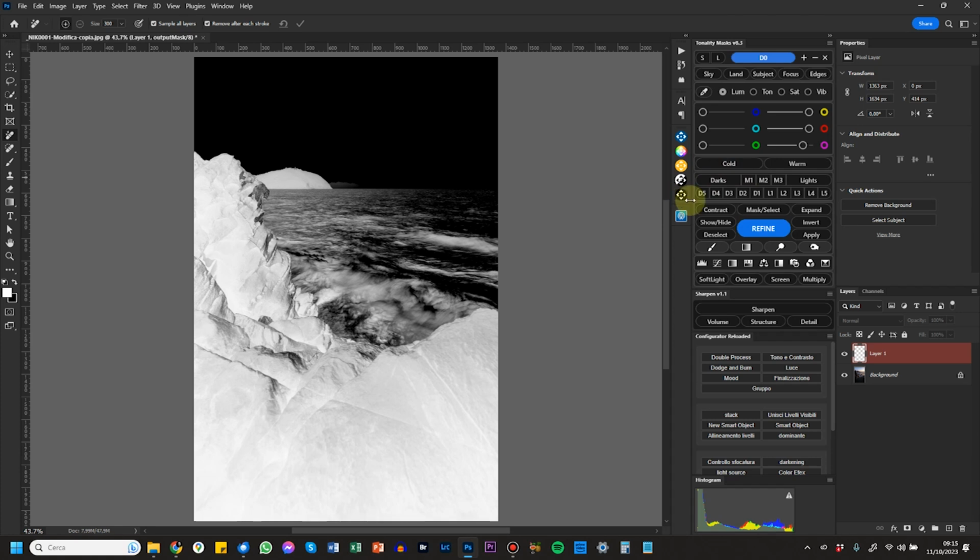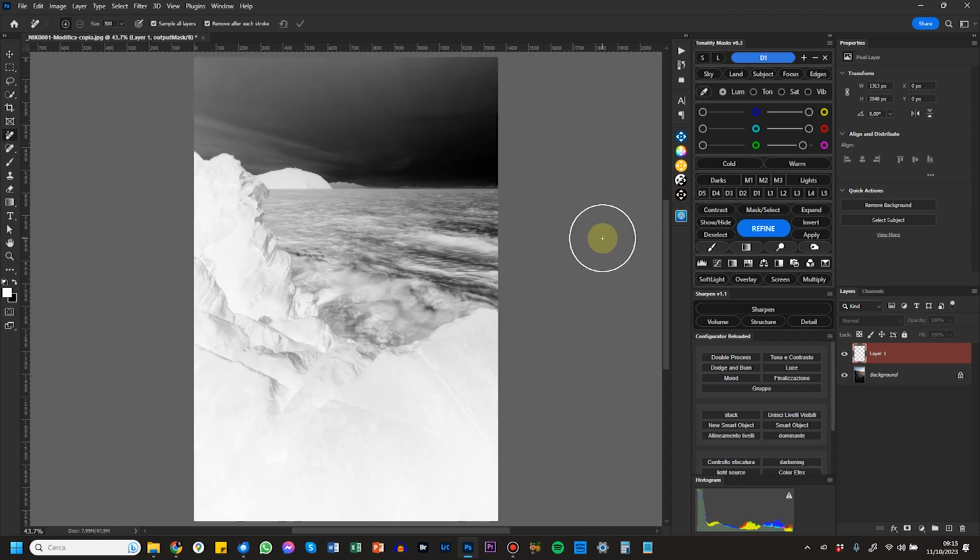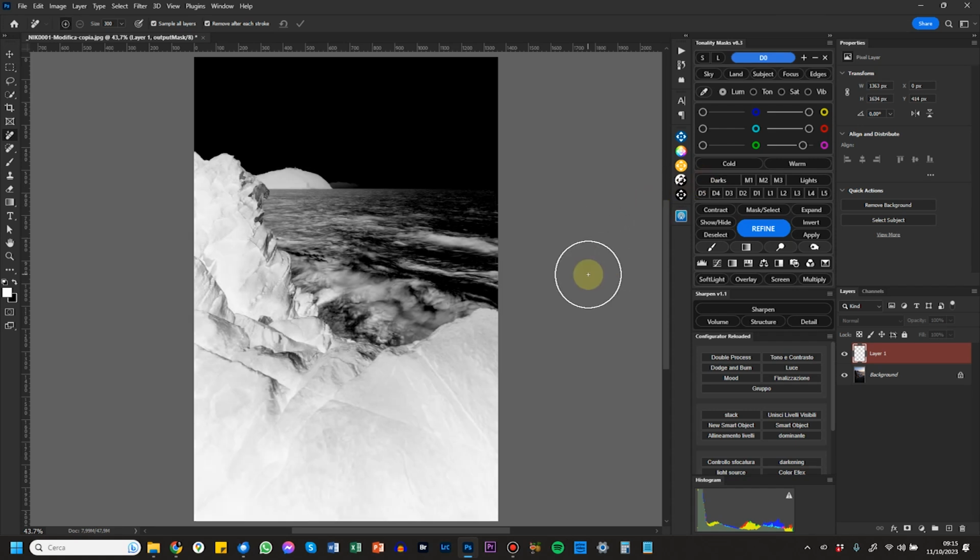Because if you select darks 1, for example, darks are mostly selected, but we also have many dark midtones in the selection. If I want a hard selection of the darks, I have to press darks. Let's call them dark 0 and light 0.